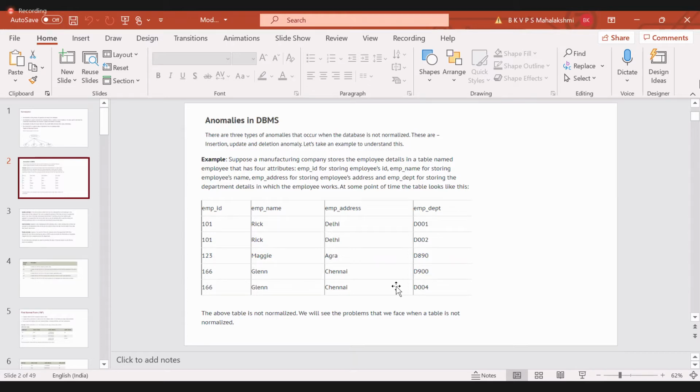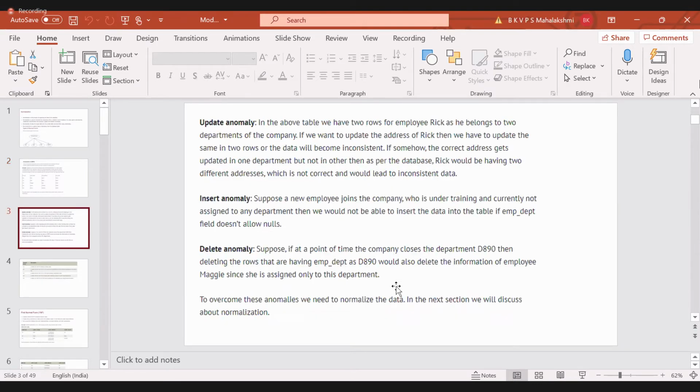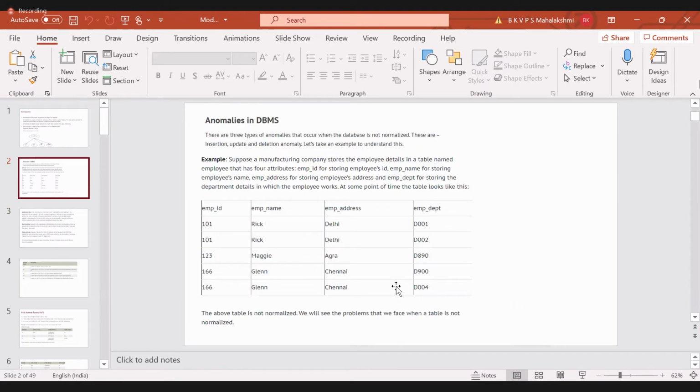See here, there is a redundant copy for 101 and for 166. Sometimes one faculty will go to a number of departments. So in that scenario, you can imagine, maybe 101 is related to one faculty going to two departments, 1 and 2, for the same subject. Then in that case,